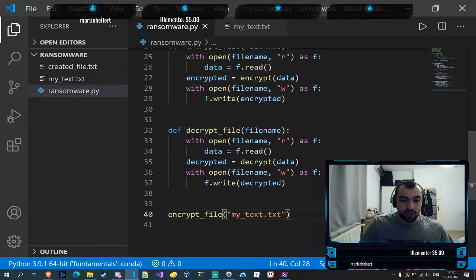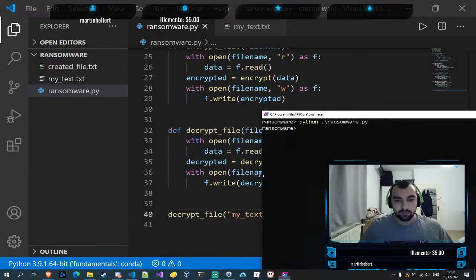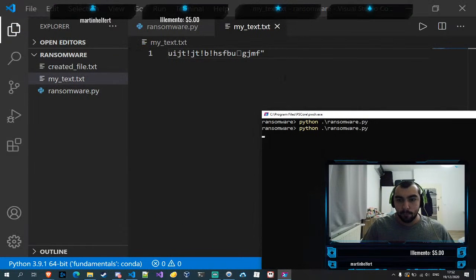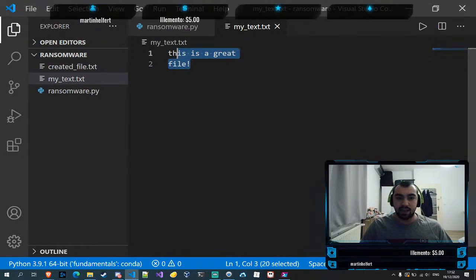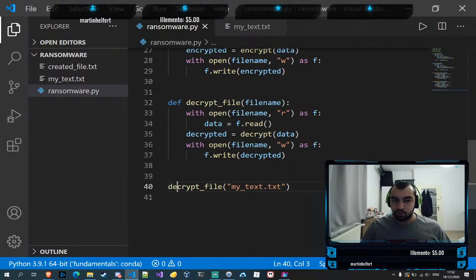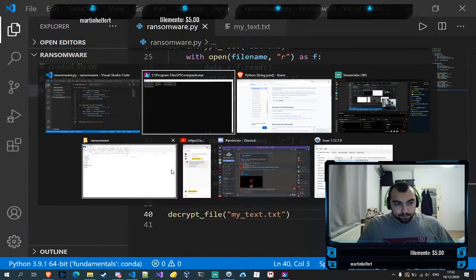And now if we decrypt the file, there we go. It comes back into this is great file. Awesome. Now this works pretty decently, right? But the problem is,